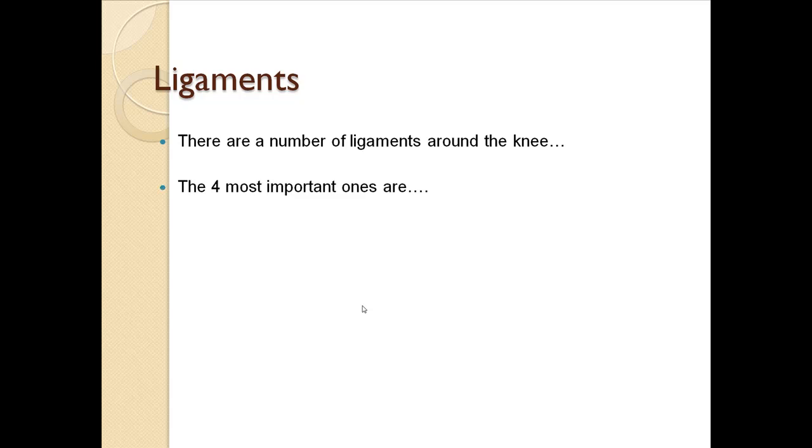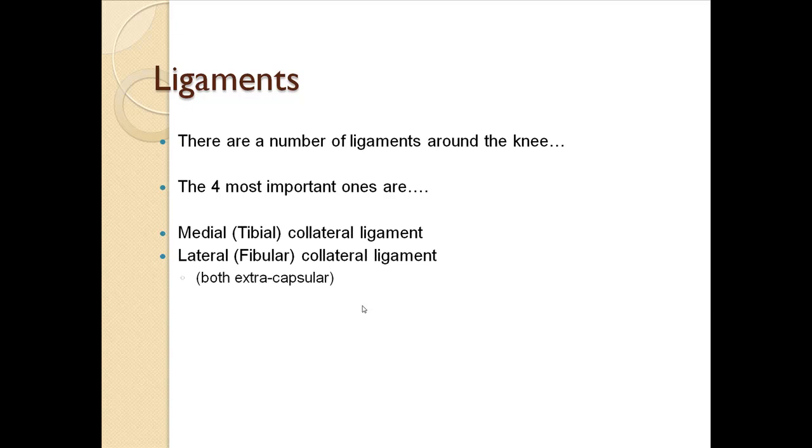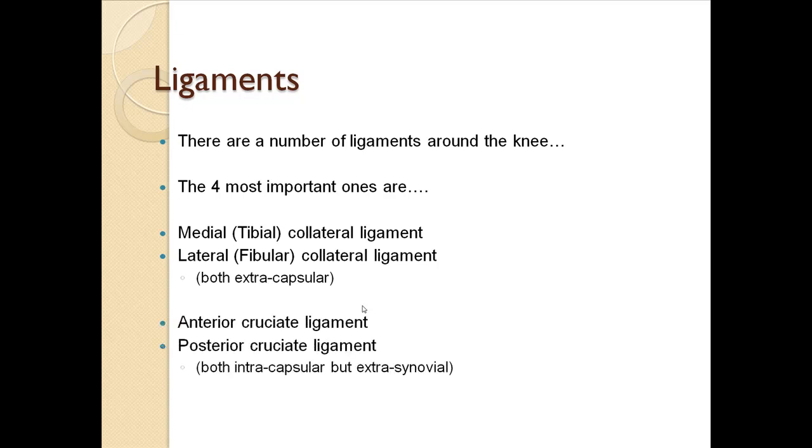Structurally, the knee joint is inherently an unstable joint. It gets its stability from 4 ligaments: a medial collateral ligament, or sometimes called the tibial collateral ligament, and a lateral or fibular collateral ligament. These are both extracapsular ligaments. In other words, they're outside the boundaries of the capsule. The medial collateral ligament being one that blends with the capsule, whereas the lateral collateral actually sits clear of the